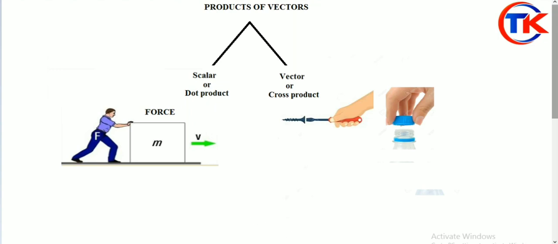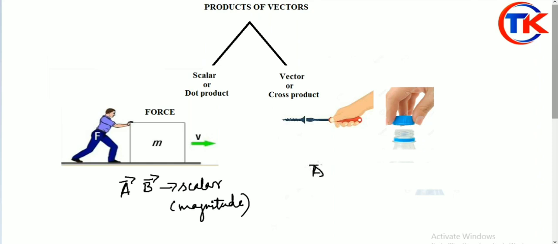Dot product means if you multiply two vectors, the resultant will be scalar. That is, A is a vector and B is also a vector. If you multiply these two vectors, the resultant will be a scalar one. Right? That is, it has magnitude alone, not direction. You know, scalar product has magnitude only, right? So that is simply magnitude. We can say the answer will be a number without direction. Clear?